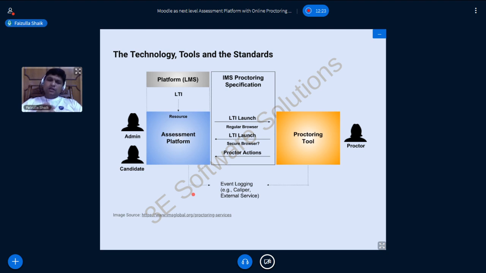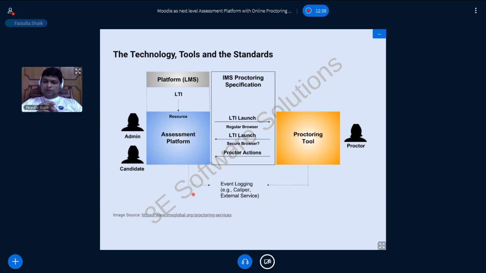Now, on the other hand, you have an LMS which is doing its job really, really well. The Moodle LMS which you have brought in is doing its job really well in terms of content delivery and handling the assessments.